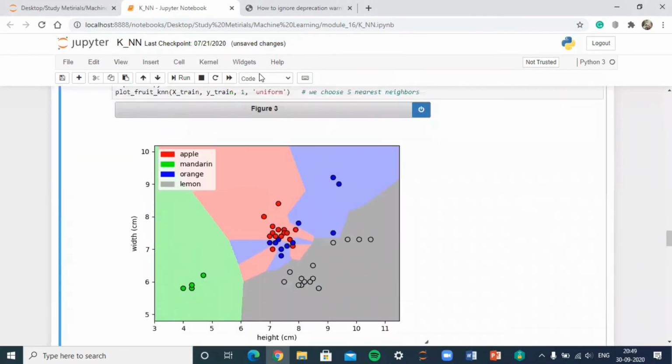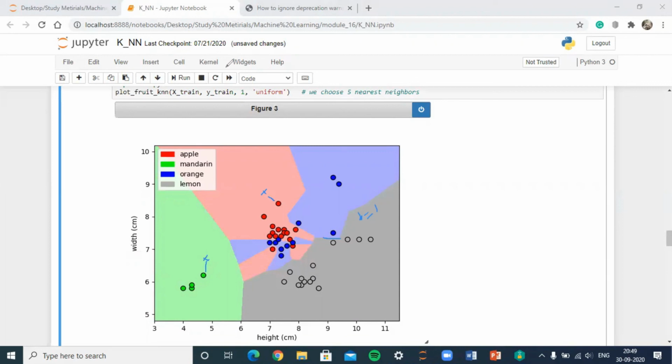So when the k value is equal to 1, you can see there is an equidistance between these two points. This is the decision boundary for k equal to 1. It means that if you put any point anywhere, suppose here is a new point, it takes the single closest data point, and that point's label will be the predicted value. If you put a point over here, the nearest point is this one. That's how K nearest neighbors works.